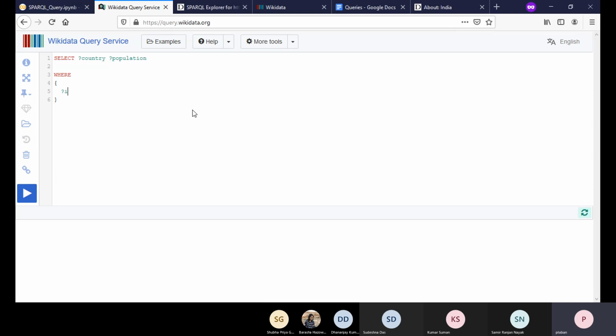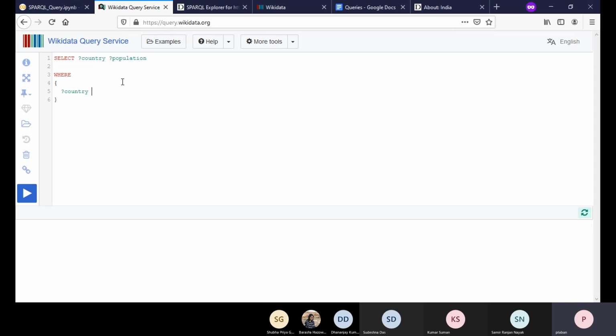For example, you can write item, then you have to write item here. But for the sake of readability, I'm writing it to be country. So again, I'm making you mindful that this does not indicate that this variable will be a kind of country. You have to enforce that using a triple graph pattern, right? So how do you do that?